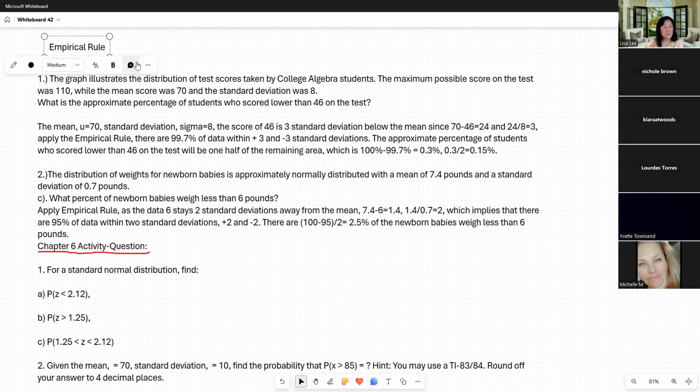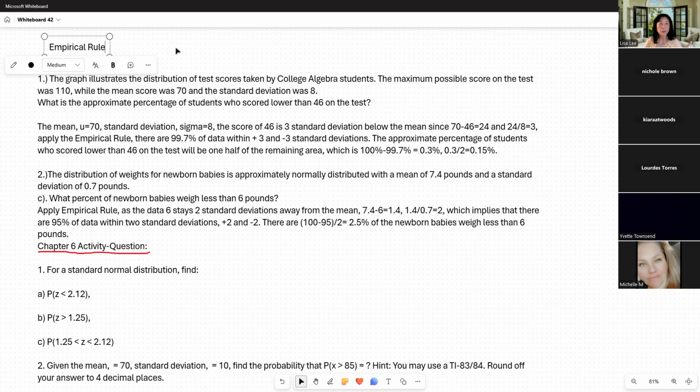Empirical rule is the same, the context is the same as in chapter 6. I think it's the same as the z-score there. The empirical rule is the original way, I mean, 100 or 200 years ago, statisticians started with this rule first. Try to estimate how many percent of the data is within a certain